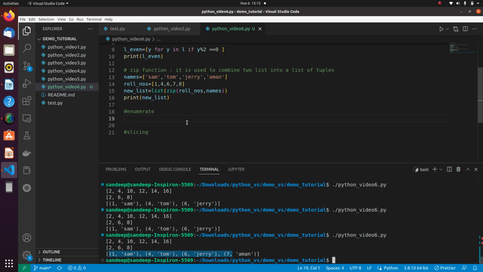So let's move to another topic, that is enumerate. What enumerate does is it creates a list and adds a number to it. So how can we do it? To do that, let me again quickly define the same list which we defined earlier, and let me quickly paste it here,